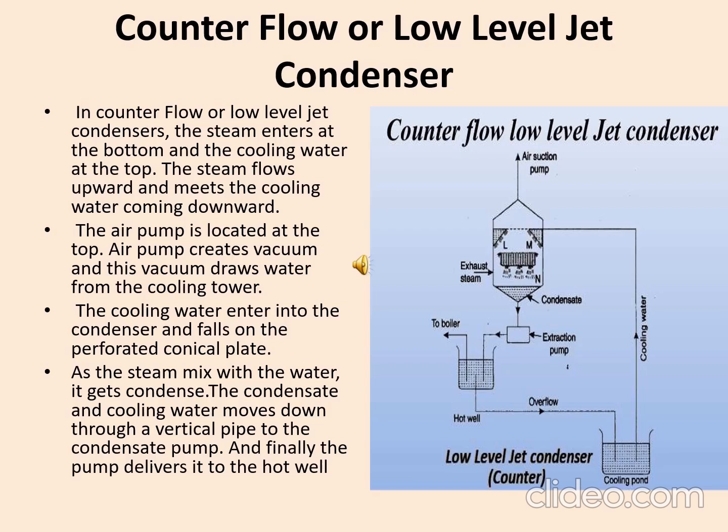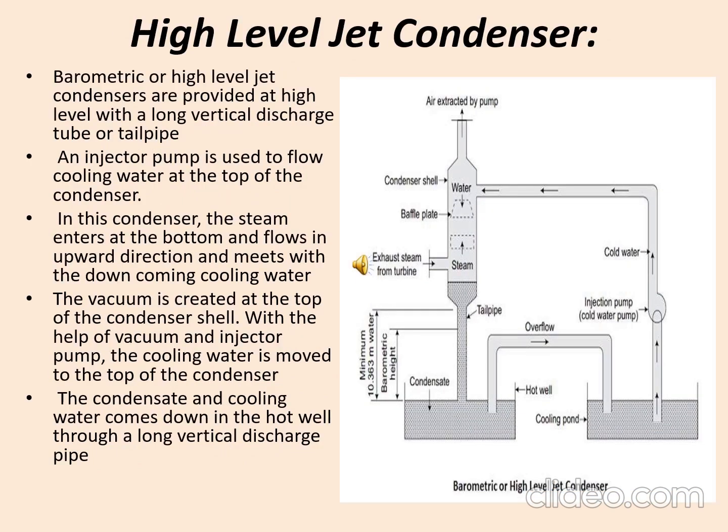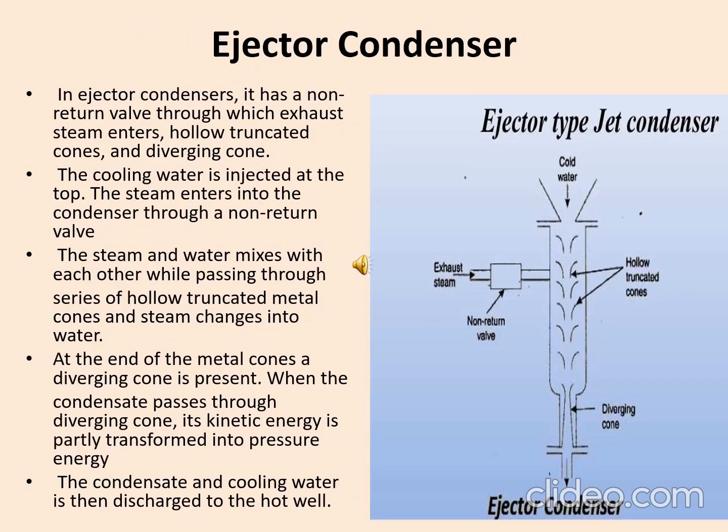So what is happening in the barometric or high level jet condenser? This type of condenser is provided at a high level having a long tail pipe. Here one long tail pipe is there. Okay. Then the exhaust steam enters from the bottom and flows upward, and at that time the steam mixes with the cooling water falling from various baffles. Here baffle plates are there. From the baffle plates the cooling water comes downward. Okay. When the cooling water is coming down and the exhaust steam is going upward, they mix with each other. Okay. And the vacuum is created by the air pump placed at the top of the condenser